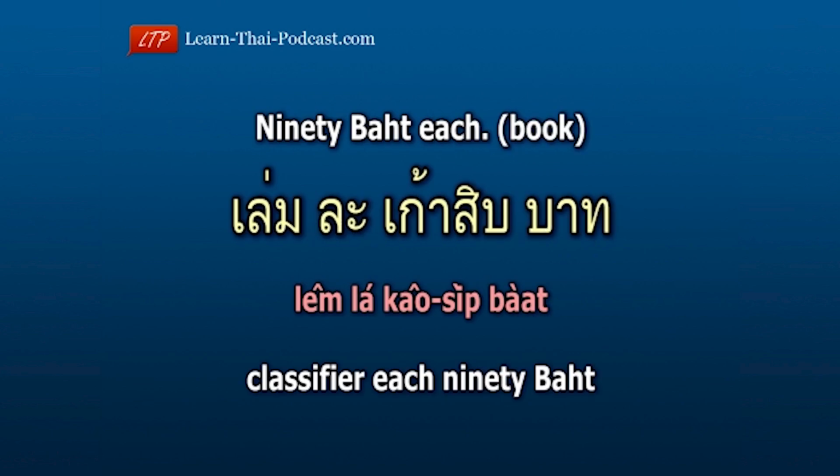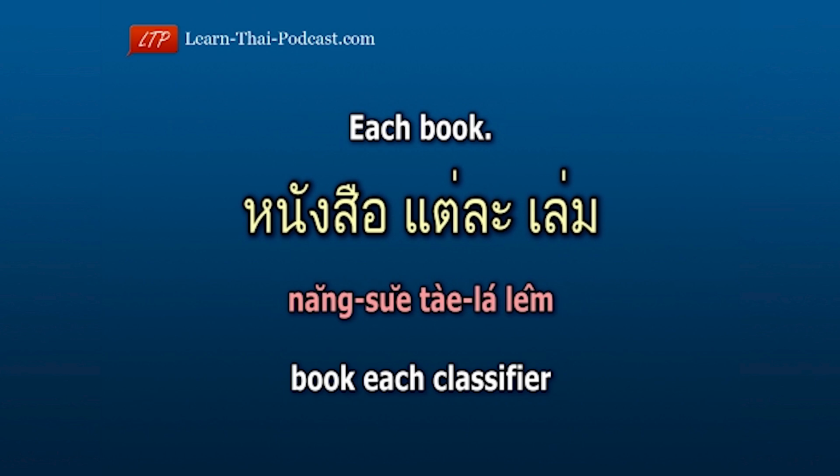Here's an example. 90 baht each. เล่มละ90 บาท Classifier เล่ม, each ละ, 90 baht. 90 บาท Classifier each 90 baht. เล่มละ90 บาท Or if you would say each book, หนังสือแต่ละเล่ม book หนังสือ, each แต่ละ, classifier. เล่ม